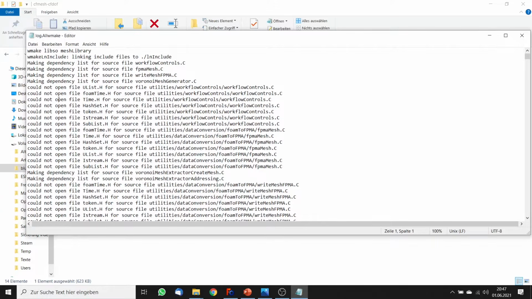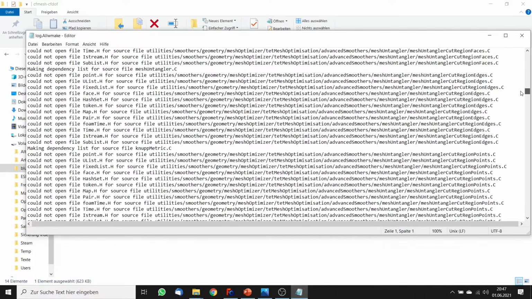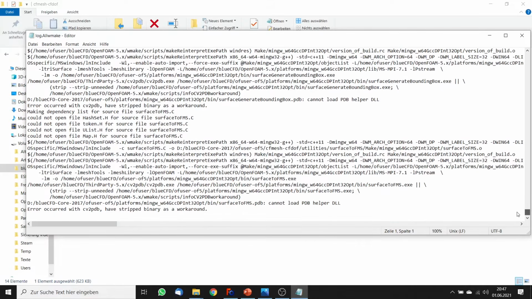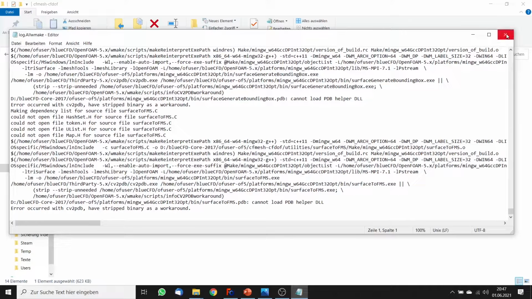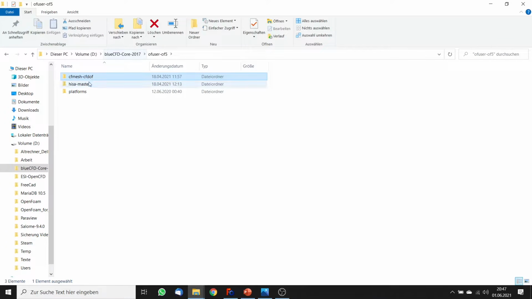You see that there are many things that look like an error, could not open file and so on, but in truth this doesn't mean anything. I've made this installation and everything works fine. You also see some error occurred. That doesn't mean anything. Just wait until the installation is complete. You find this log file also for the Hyzer